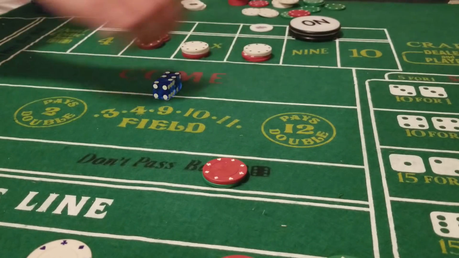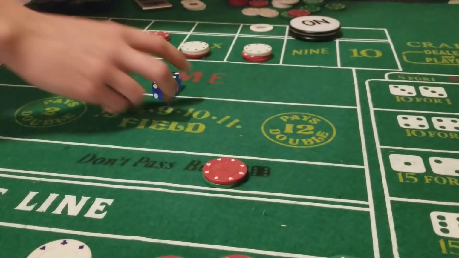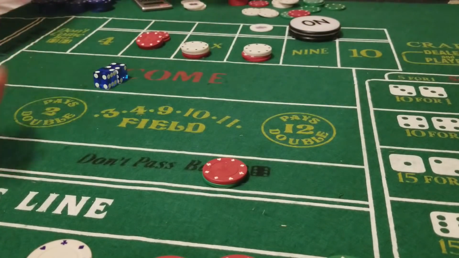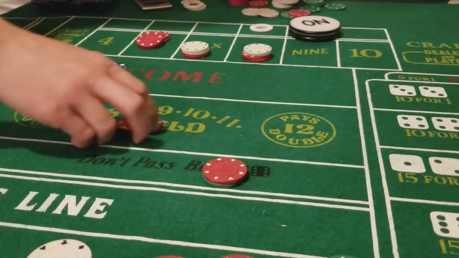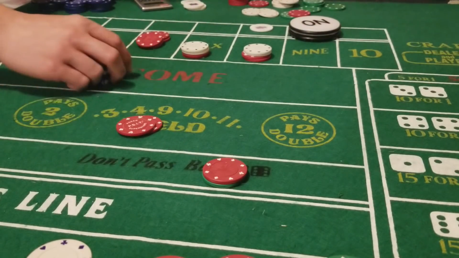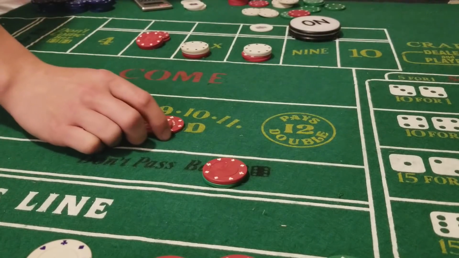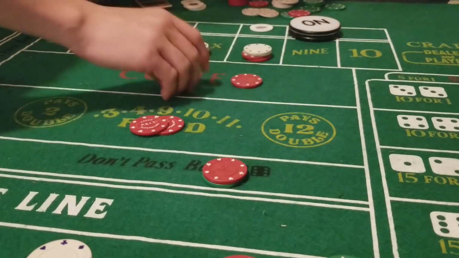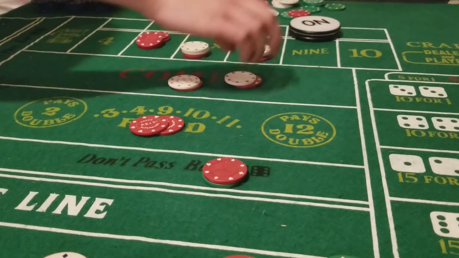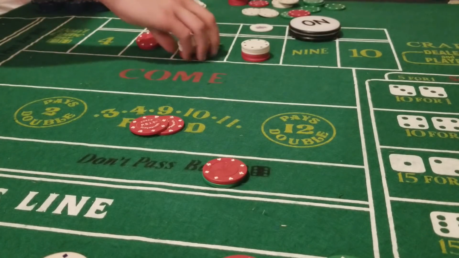You could play the field, which I'm not a huge proponent of since it only hits 47% of the time. But for this scenario, we've already made a little money back. We got the pass line hedging. I'm going to throw a $10 field right here. Usually if I do that, with this $10 field, I'm going to go back up to 3 units, because if I hit a 6 or 8, I lose 10 on the field, so I'd